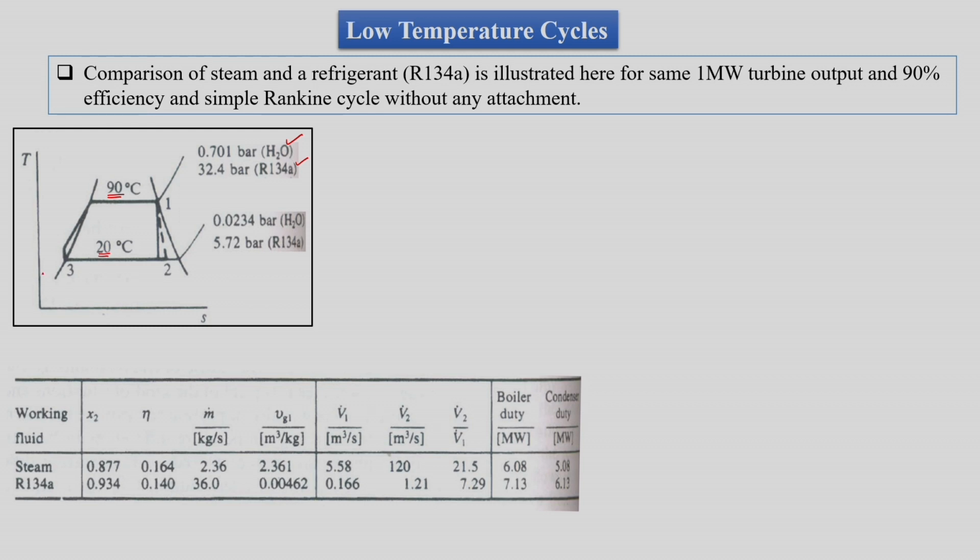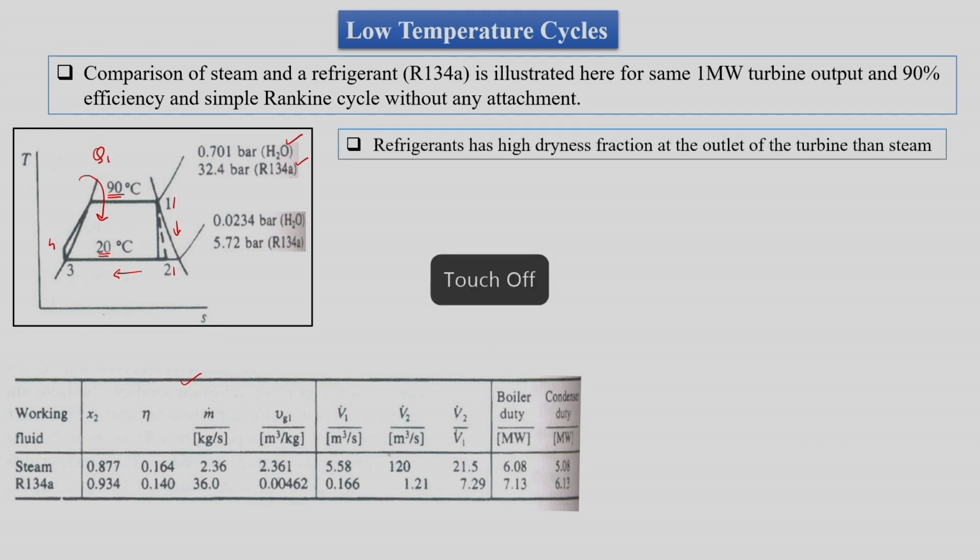Then we have our usual conditions: 1 to 2 is in the turbine, 2 to 3 is in the condenser, 3 to 4 is in the pump and 4 to 1 is in the boiler. And here we mean that we are getting heat Q1 added, which is from waste heat or from solar. Then these are the outcomes which we are going to get based on the properties of steam and properties of R134A corresponding to these two saturation temperatures.